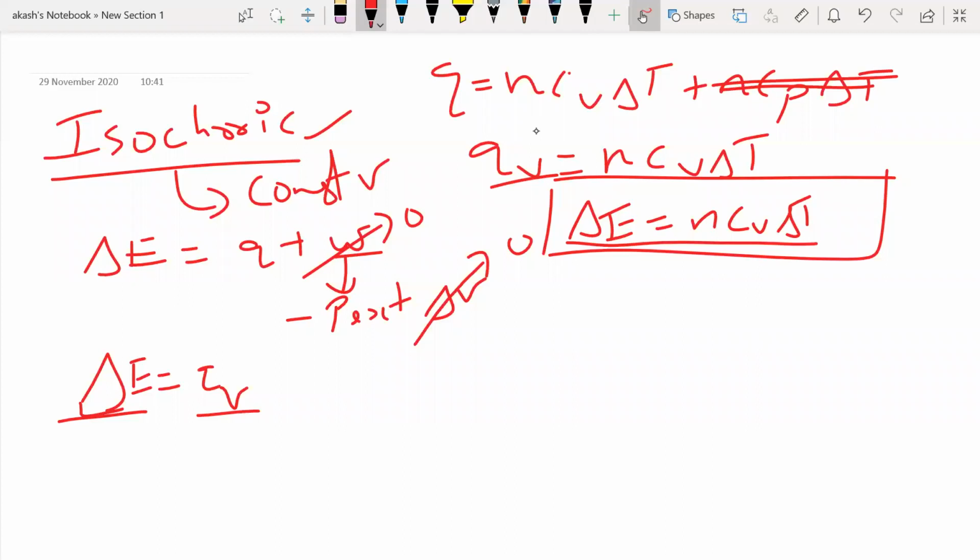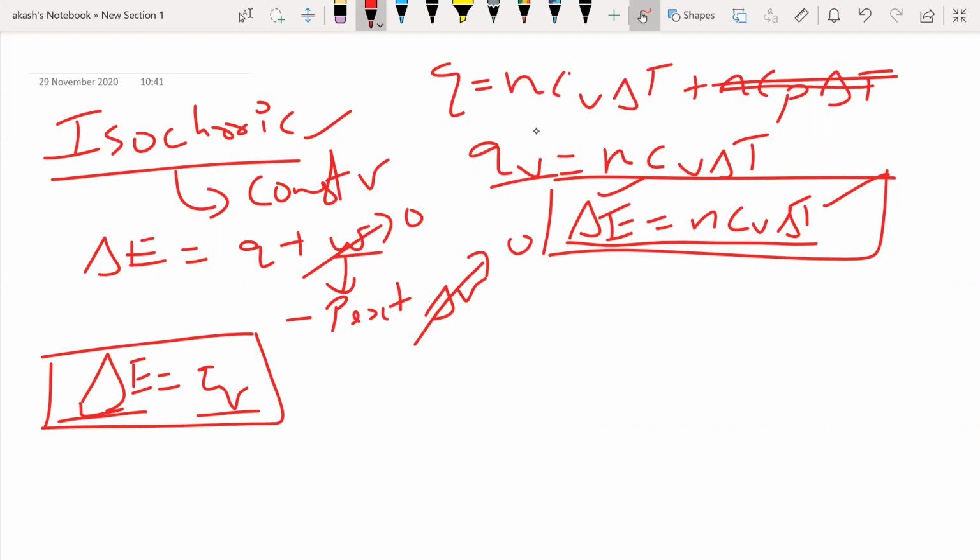Now, from now on, not only for isochoric process, for any process, you can put the formula of delta E as nCV delta T. Again, you are going to remember this. A lot of times it will get used. Obviously, for an isochoric process, what is the modification? But the more interesting part of the story is this: we have derived a formula exclusively for delta E, nCV delta T. Cool. Now we'll move on.